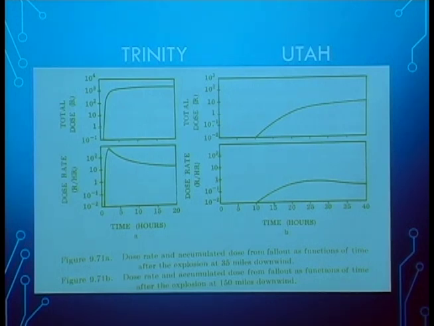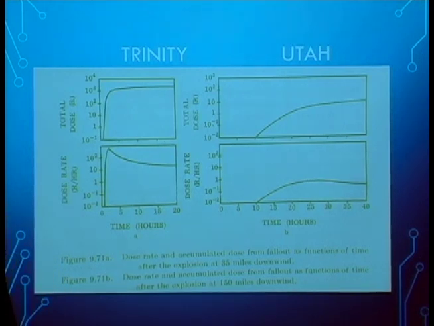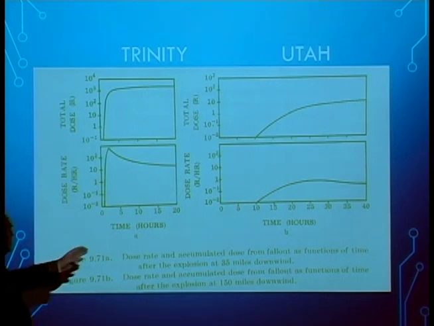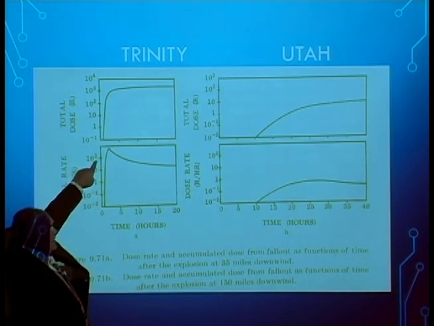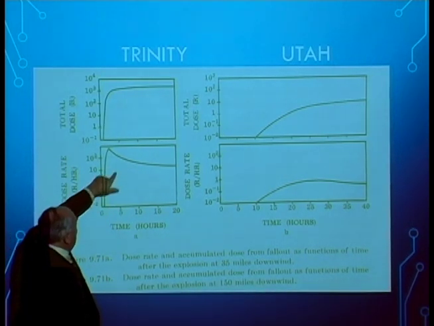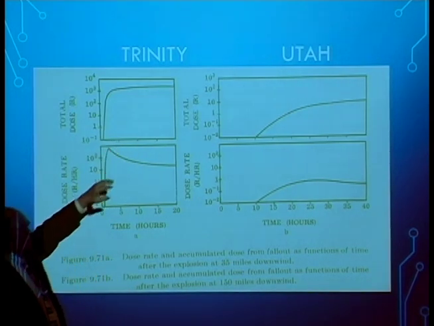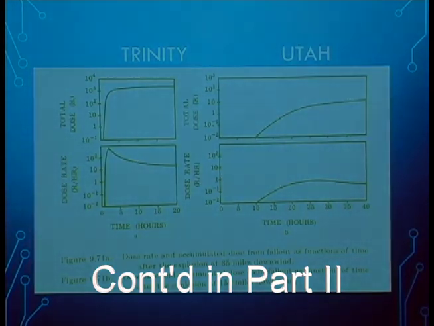You recall that the fallout levels are dropping dramatically, very quickly. Every 7 in time, 7 hours, they're down by 10. And at 49 hours, or 2 days, they're down by 100. So that extra 100 miles that Groves and Oppenheimer insisted they needed was very powerful in virtually eliminating the short-term dose. Now, this is the dose rate one might encounter, going up towards 100 R per hour and then decaying with that 7 and 10 rule. And the dose of each hour adds up to show you the total. So very quickly at Trinity, the people in the direct fallout fields, those red areas in the 2 prior maps, had gotten a tremendous dose from gamma radiation, whereas in Utah,